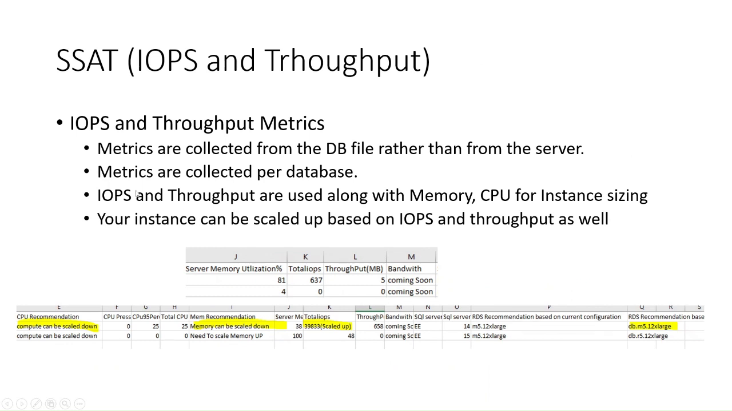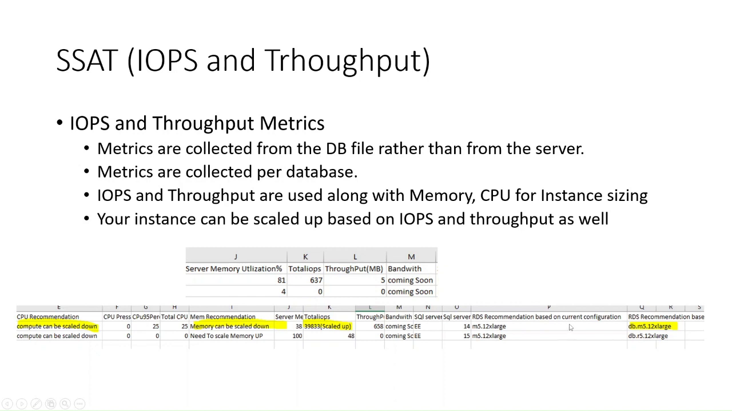IOPS and throughput, those are the other two metrics that we collect, and two very important metrics. All four metrics, the memory, the CPUs, the IOPS, and throughputs, they determine the instance of your EC2 or the RDS instance. Each EC2 has a limitation on how much IOPS and throughputs it can support. So those two metrics are very important, and we collect those, and we'll make use of all those when we do